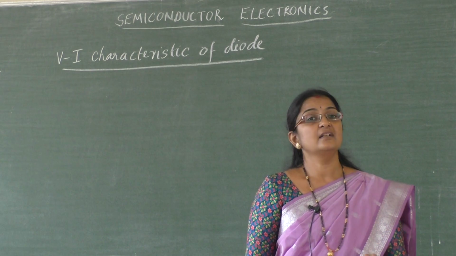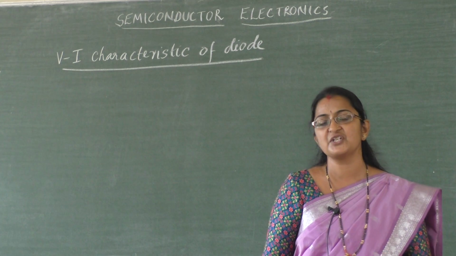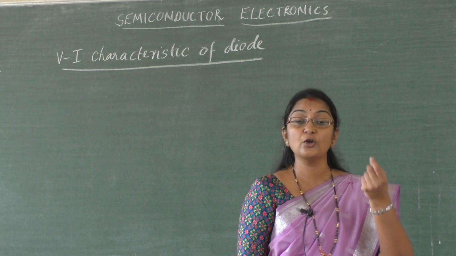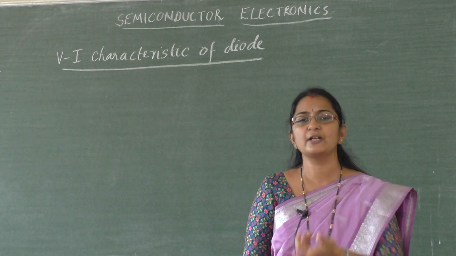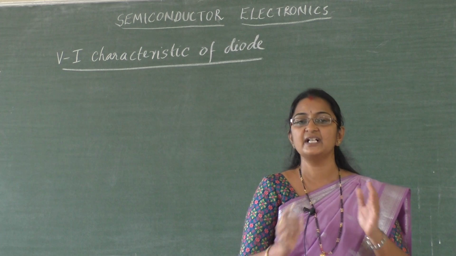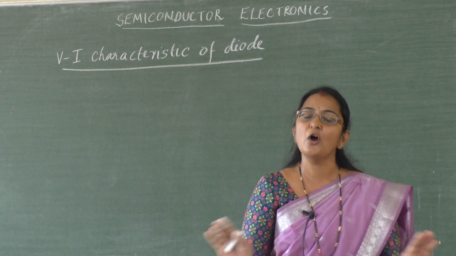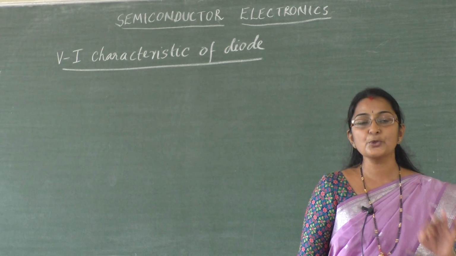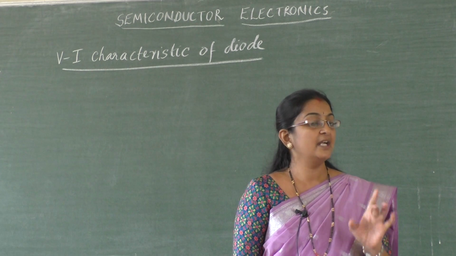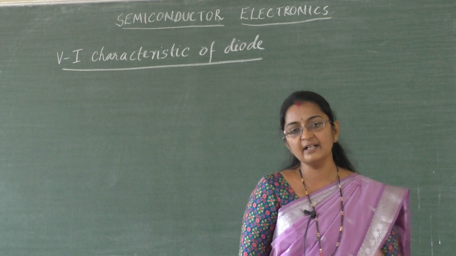But anyway, the minority charge carriers will drift due to the electric field produced in the depletion region, but that current is very small, of the order of few microampere. Microampere, that value, if I write 1 microampere, it is nearly equal to 0. So the current is very small. So we then say that here the resistance is very large. So we say that diode does not conduct in reverse bias. So students, these are the basic differences between forward bias and reverse bias. Make a note of it. It is an important question. Write at least 3 differences between forward bias and reverse bias.